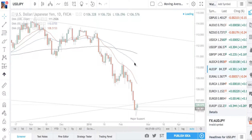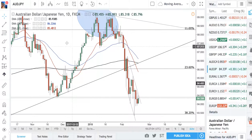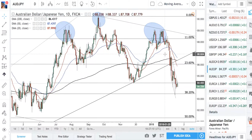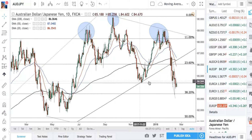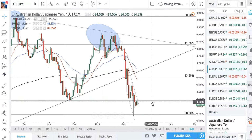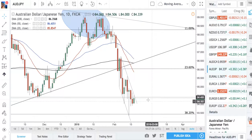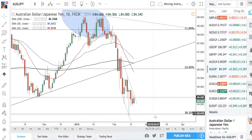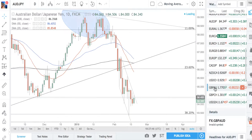Aussie JPY. Okay, this pair printed a head and shoulders formation on the daily time frame. We broke the trend line, the neckline. We closed below, but now obviously we've had a positive day, and we have an inside bar printed on the daily time frame. So on a technical basis, depending on how the markets open up in Asia, we could have an extension, also a rally to the 23 before we come back down. So again, just waiting for those breaks. Today there was not much movement in the market. Taking one last pair,